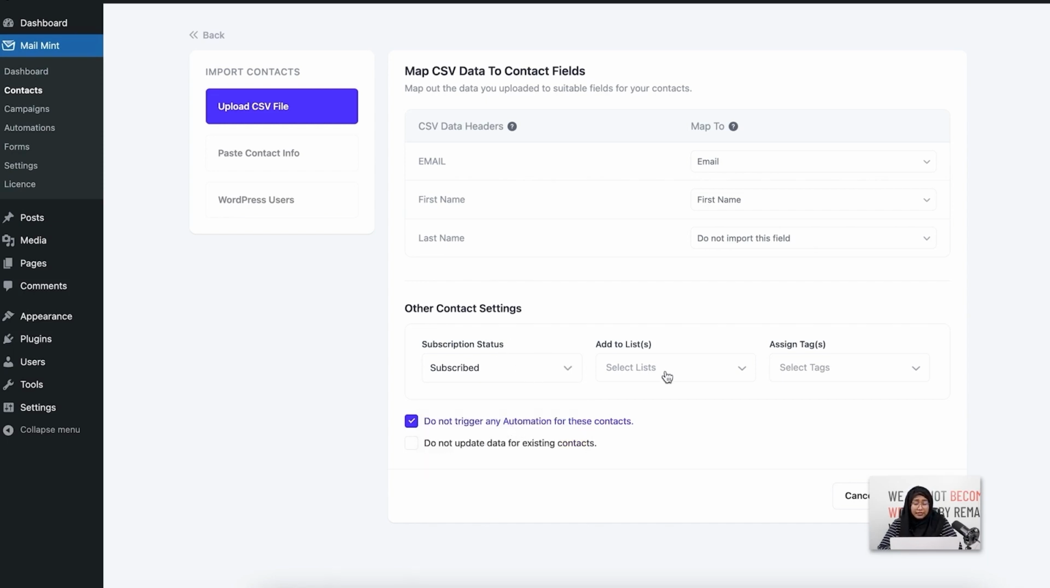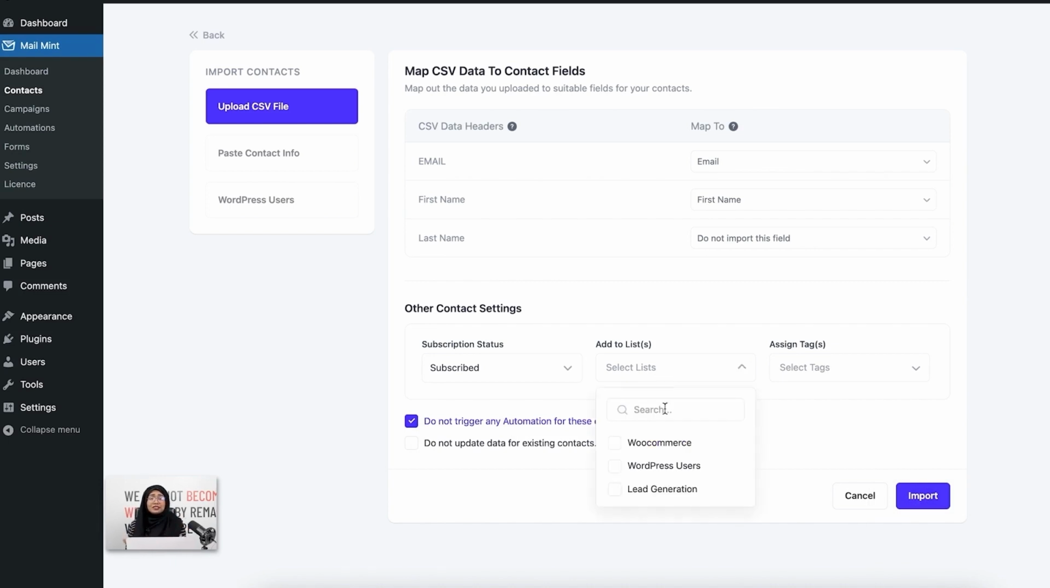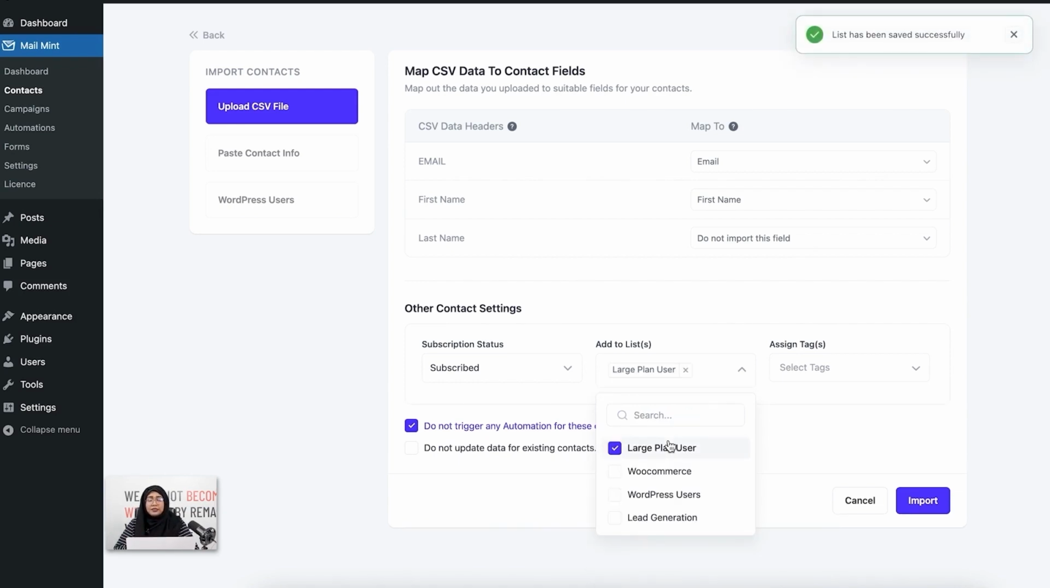Now moving on to the next, I have adding to a list. Now you can easily assign a list to your contact list you just uploaded using this field. Now this is so straightforward that you can either add an existing list you have, or you can just easily create one from here. Let's say I want to create this list, which is a large plan user. You can see that I can simply add this from here and the list has been assigned to